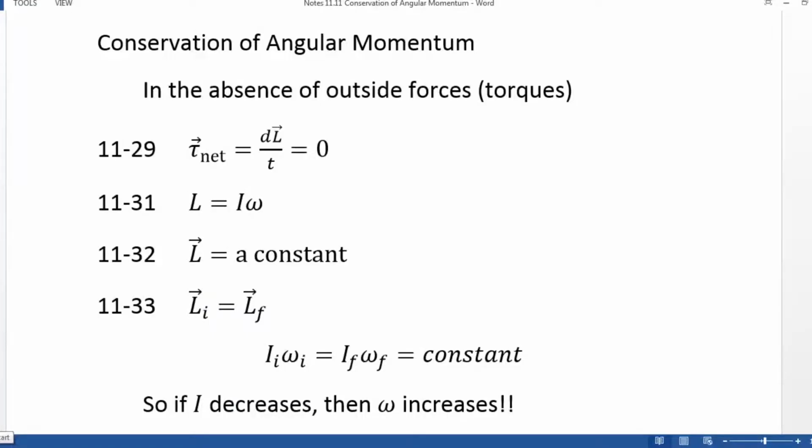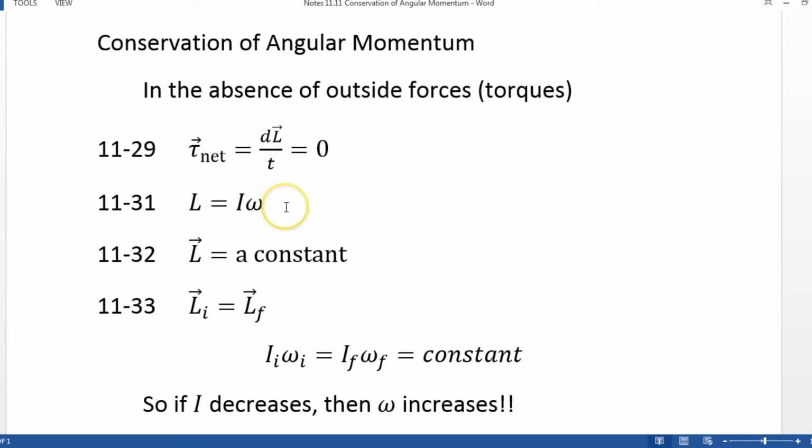The conservation of angular momentum. We know that things that are moving, things that have velocity, have momentum. So things that are rotating have angular momentum. And if there is no net torque acting on the rotating object, there will be no change in its angular momentum. The angular momentum, we know, is equal to the product of moment of inertia I times angular